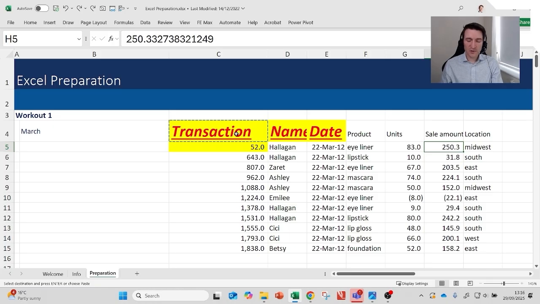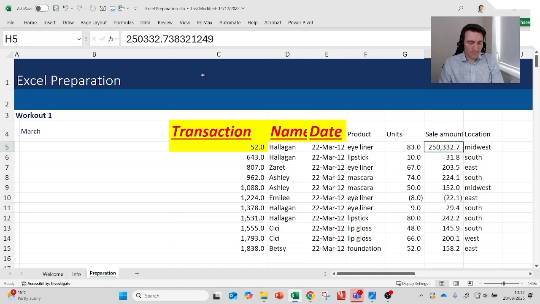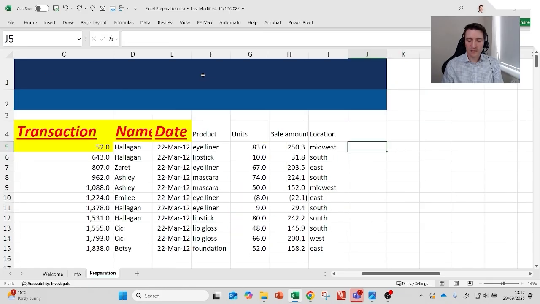And I say to the boss, boss, it's okay. I can just go into the formula bar using my mouse. I can just delete that decimal point and I can just move it. Boss, what's the big deal? And the boss says to me, no, Gerard, all the numbers. My heart starts to sink. Oh my God. So what I'm going to do is I'm going to put a 1,000 into an empty